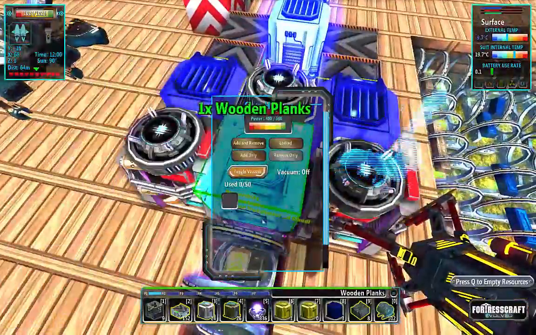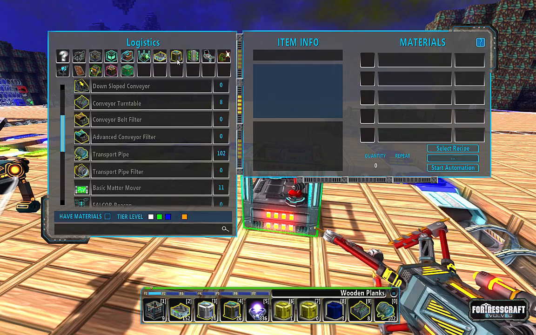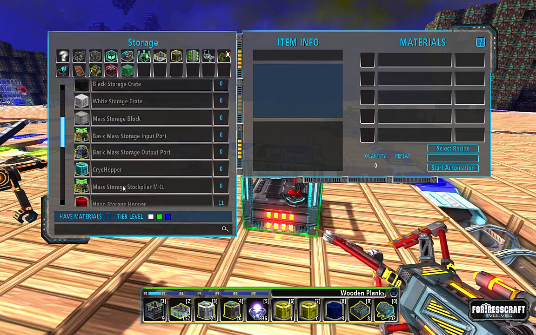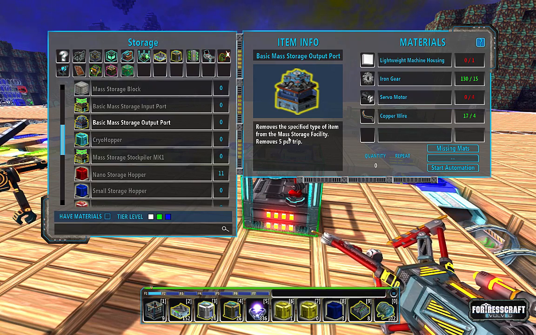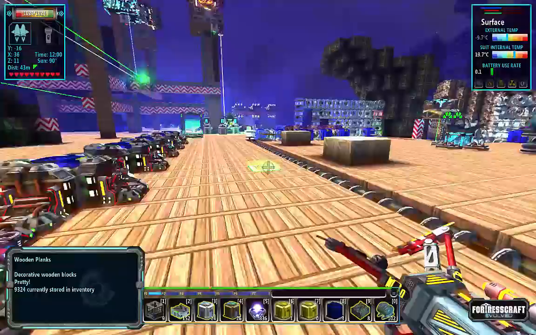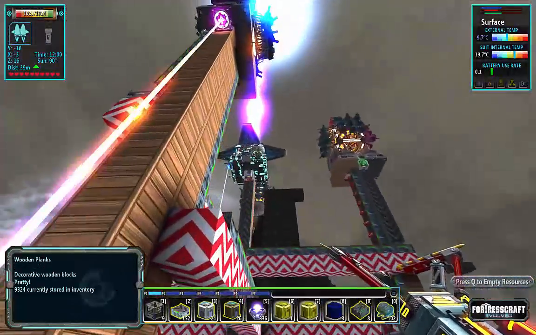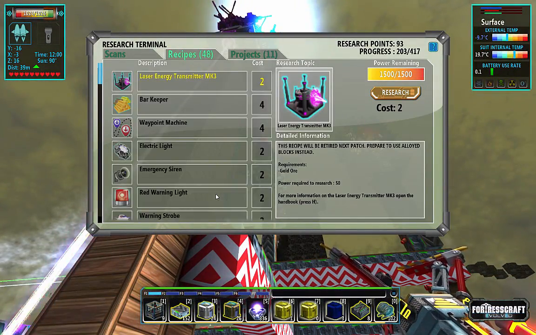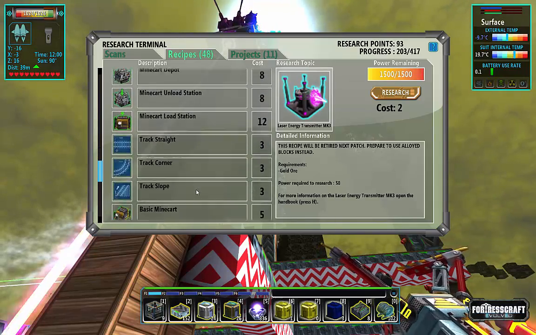Let's look at... There's my wood. Let's look at the output port now and see what shenanigans we can get up to here. So basic mass storage output port. Doesn't need anything too fancy. We just need to craft a ton of copper wire. And I think... Do we have the option of researching the faster output port? That would be phenomenal. I don't think we have it in here, but we might have...